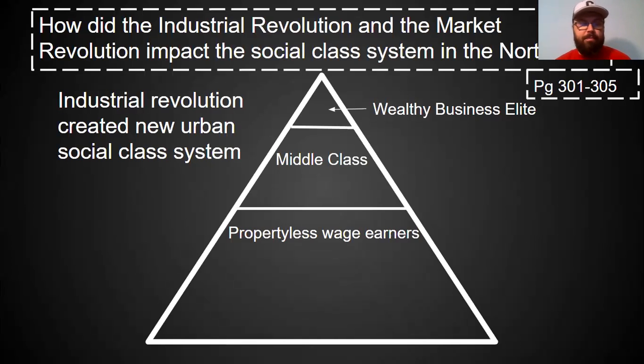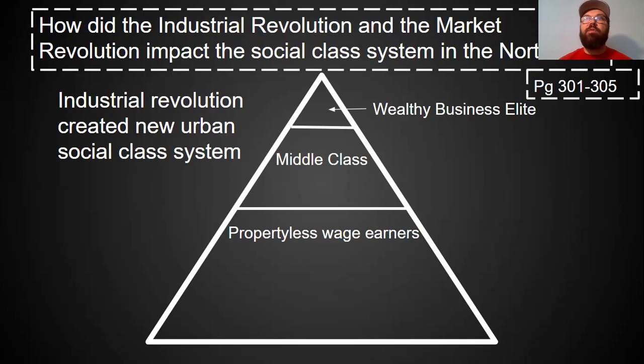We've talked quite a bit in the past about how the South had a much more rigid class system than the North did. The South had pretty solid classes. You had your planter class at the top, a very small group of very wealthy and powerful men who controlled pretty much everything. They owned all the slaves, owned all the land, owned all the crops, controlled the government, controlled the economy, controlled society. A very small group of men at the very top. That's the planter class in the South.